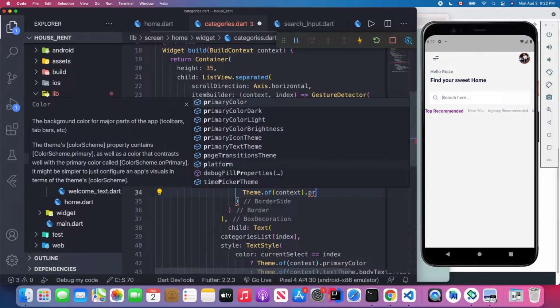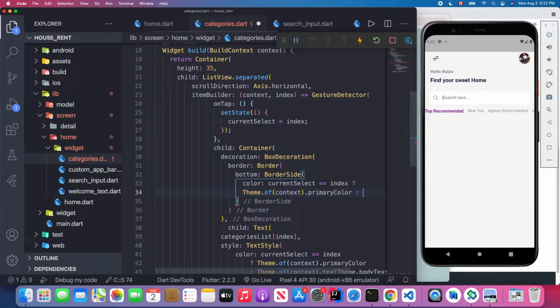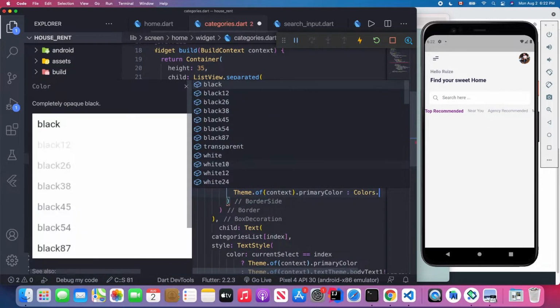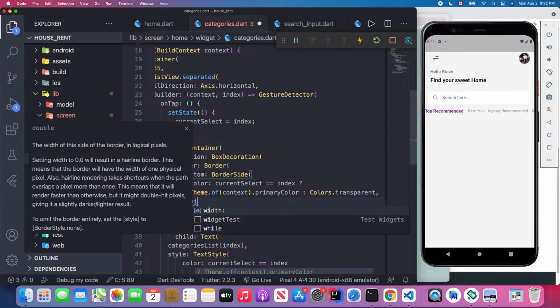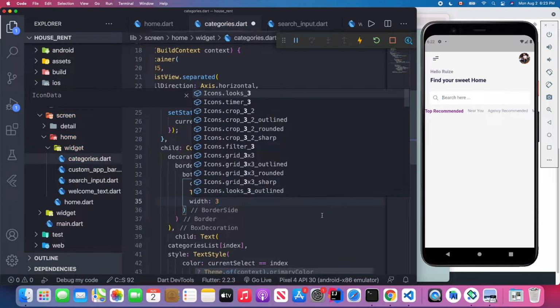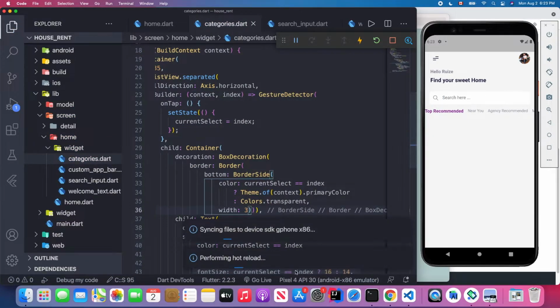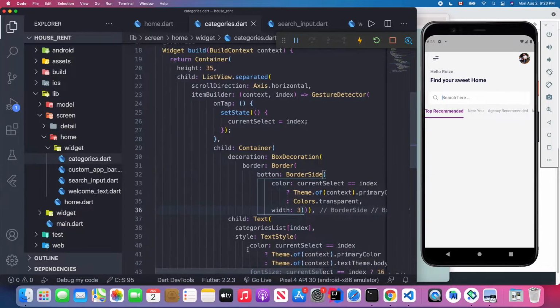and primary color. If not, I'll just give the transparent. Okay, and also give the weight probably 3. Okay, I save it. You see now we have this border